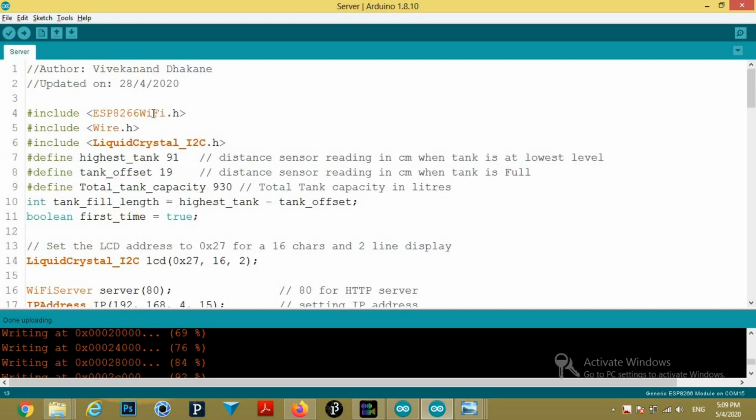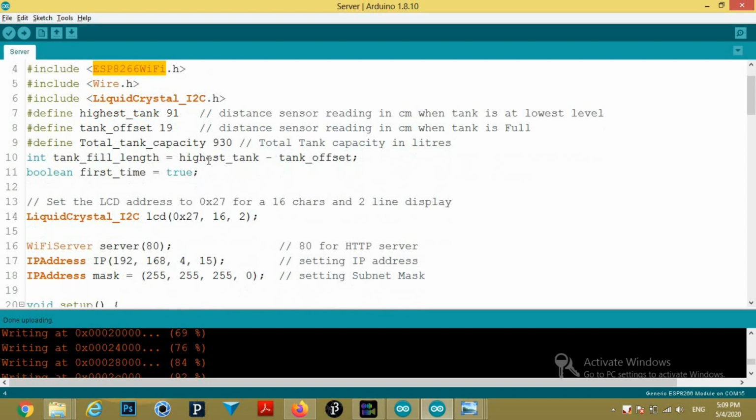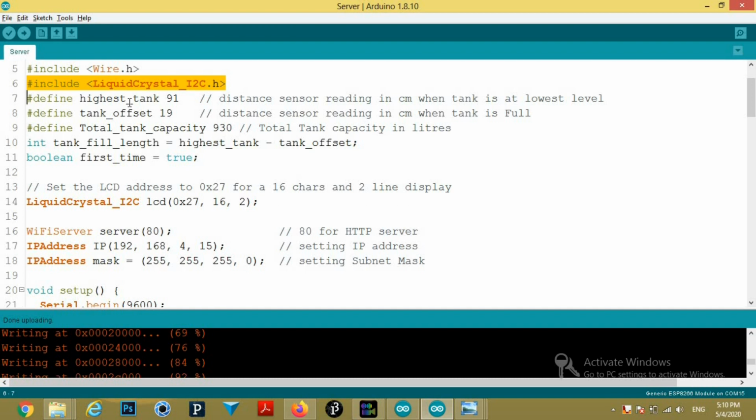Now this is the program for server. This program will get data from other station points and that data will be displayed on the LCD display. We are using an I2C LCD display. You need to download this library. Some variables you need to replace are this highest tank.